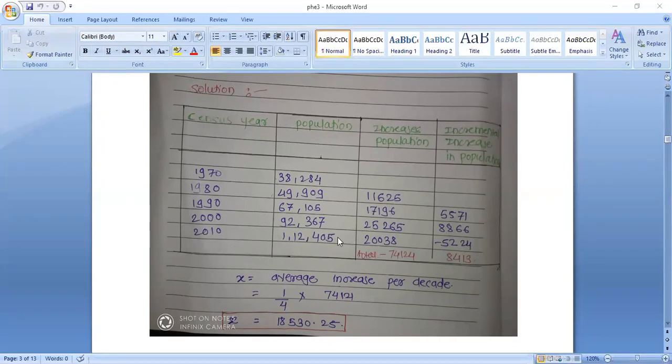It is minus because the value of increase in population in 2000 is more than increase in population in 2010. Now similarly, incremental increase in population for 2000 is the increase in population for 2000 minus increase in population of 1990. The value is 8,866, and similarly for year 1990, the incremental increase in population is the increased population of 1990 minus increased population of 1980, that is this minus this. The value is